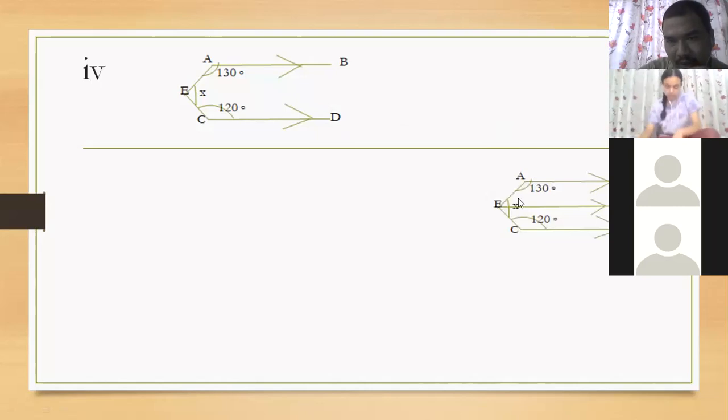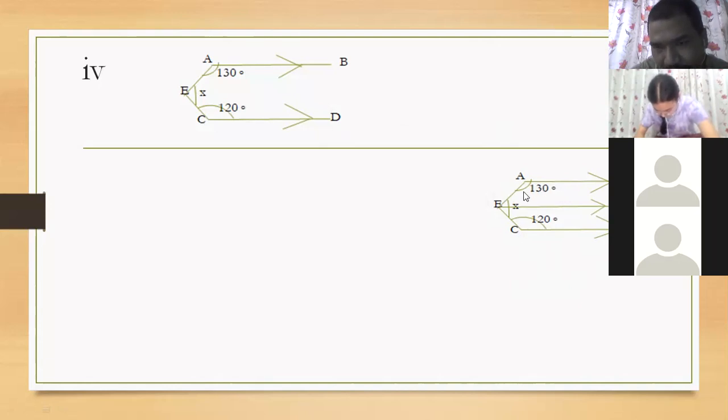Look here, I have shown the construction at the side. Look at this other figure. We have to draw one line EF, which should be parallel to AB and CD. Okay, children? This constructed line must be parallel to AB and CD. Right? Now look here at this one angle, AEF.